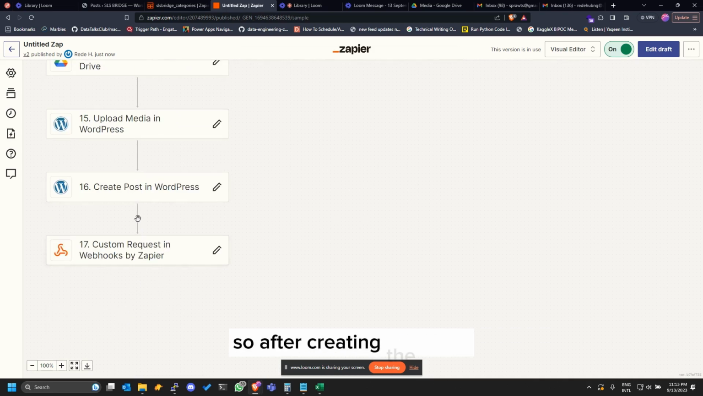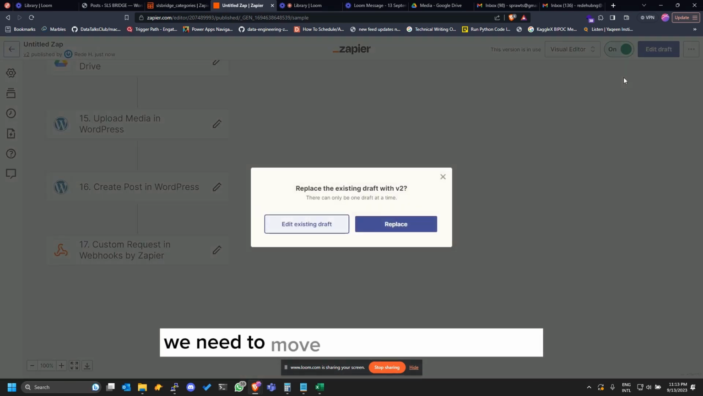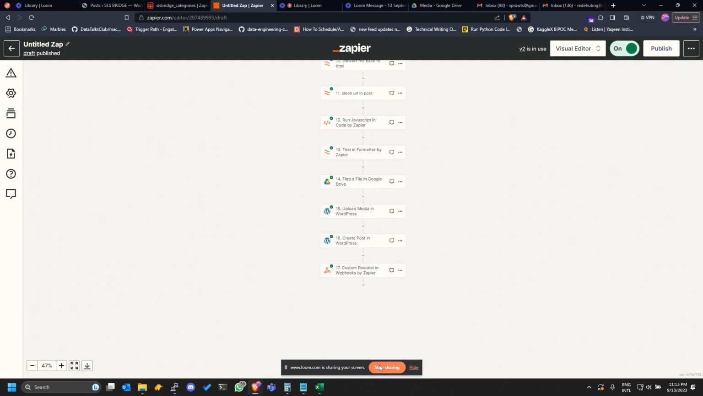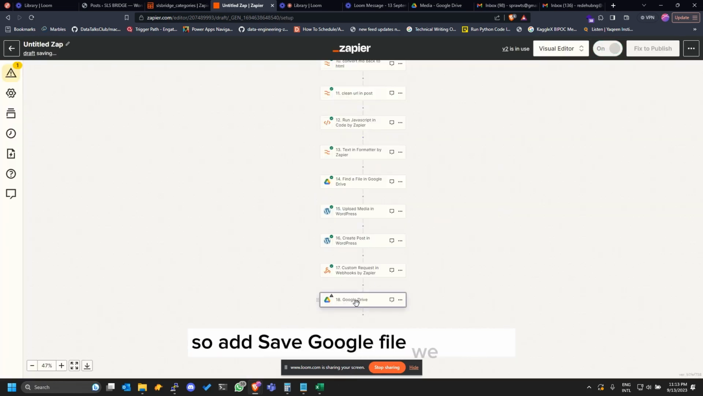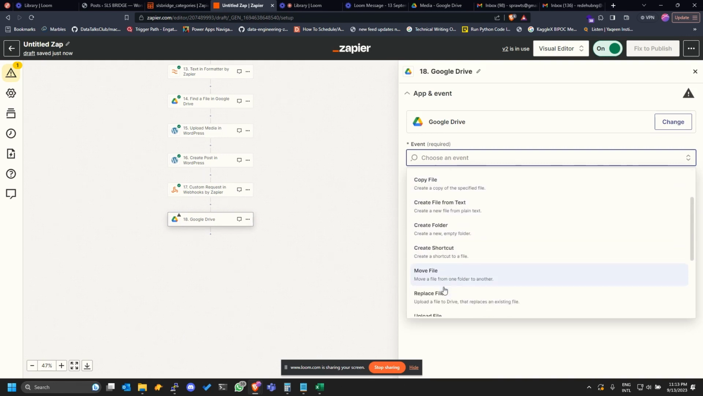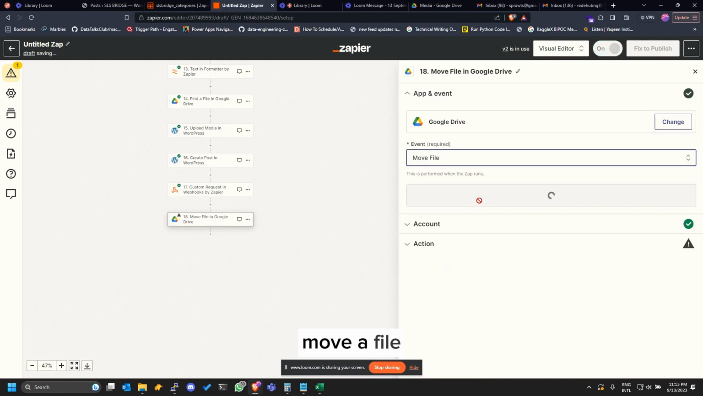So the last bit is to make sure that we move the file out of the folder. So after creating a post, we need to move the file out of the folder. So we are going to add that now, then we'll test all of the flow starting from beginning. So we add, we say Google file, we want to move a file,